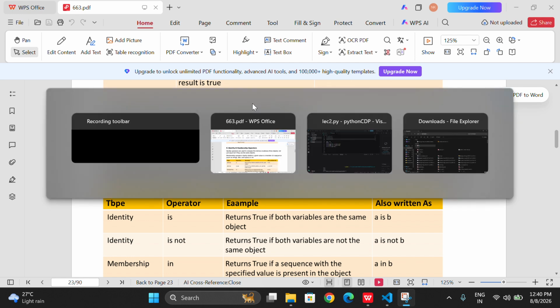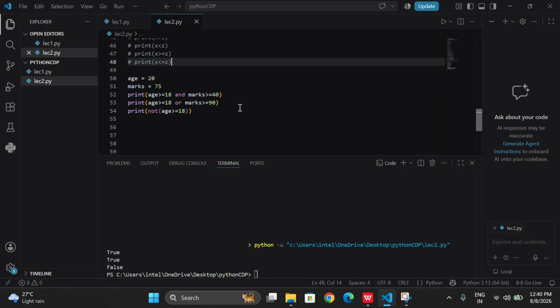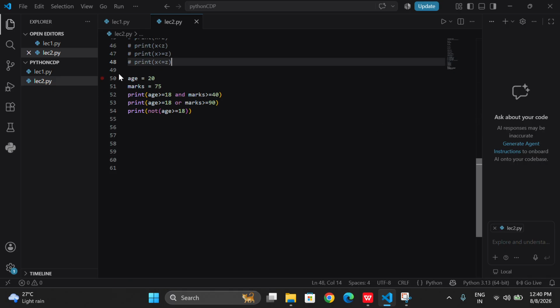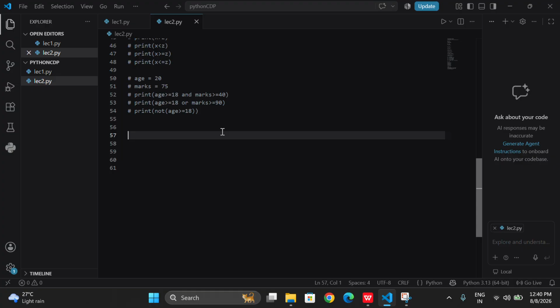Now let's move to VS Code and I will give you the example of identity operators. So first of all, comment this. For example, take a variable a equals square bracket 1 2 3, and take another variable b equals a, and take c equals square bracket 1 2 3, then print